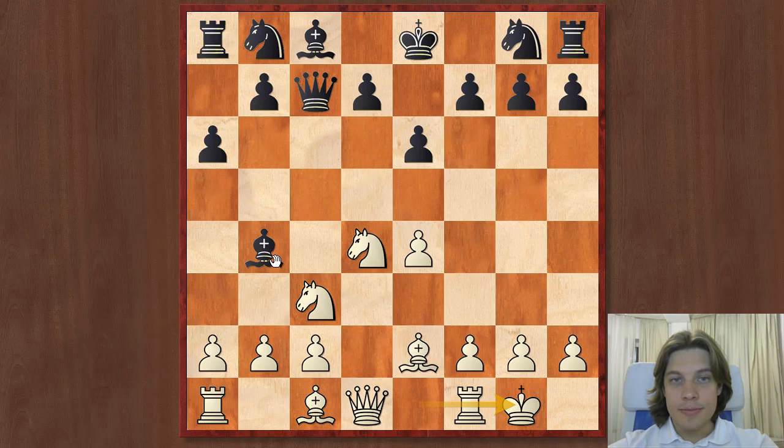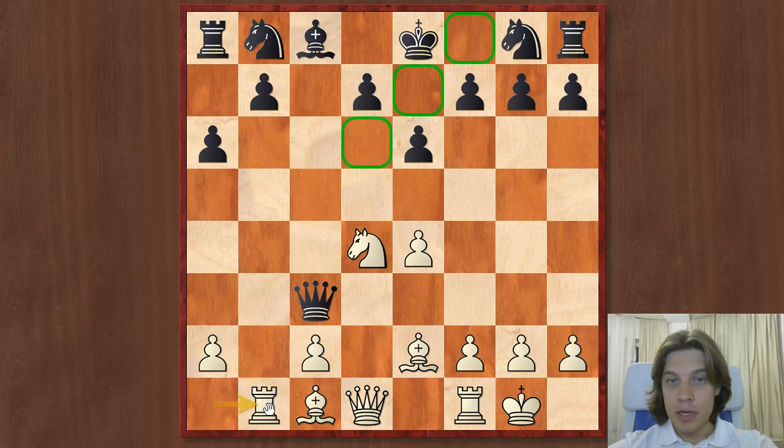Just castle. Why? Because nobody cares about this pawn in such a position when the black pieces are absolutely undeveloped. Then, for example, rook b1. What are we threatening? Bishop b2. And you can also notice that these dark squares are really weak,